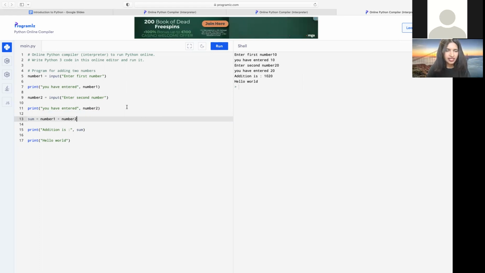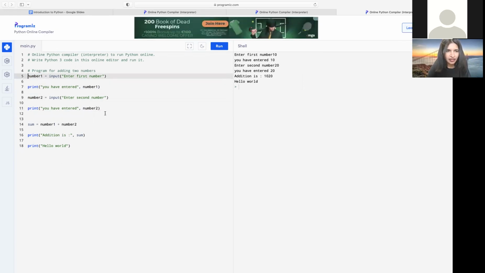Okay, so there's a step that we are missing. Because we are accepting this number from the user, it is treated as alphabet, not as a number. So let's say without accepting the input from the user, if we do it manually, if we say that the first number is 10 and the second number is 20,